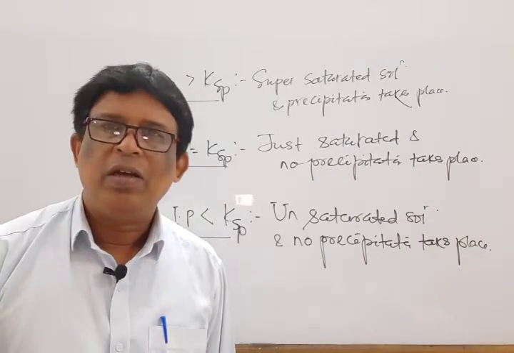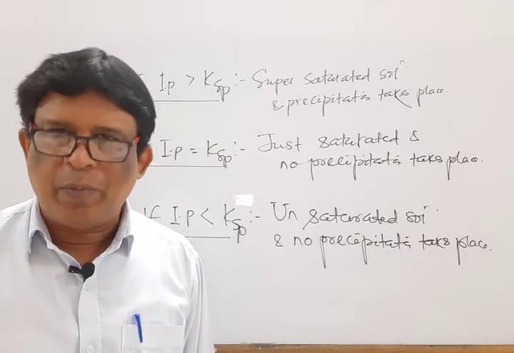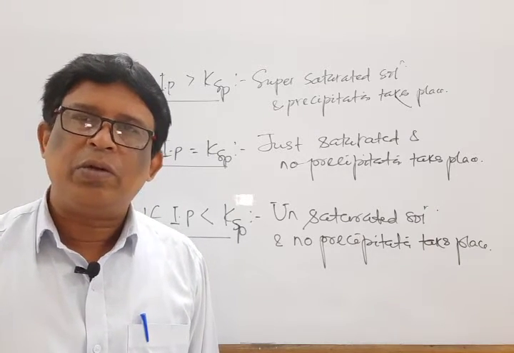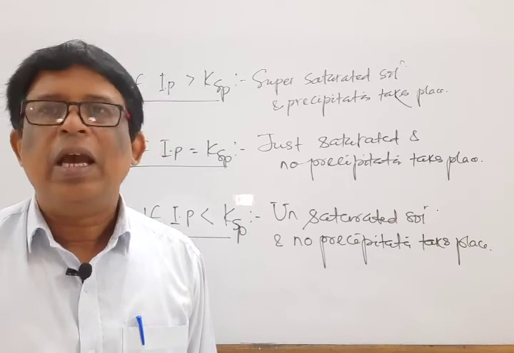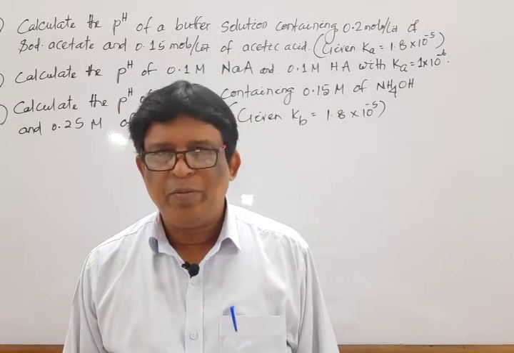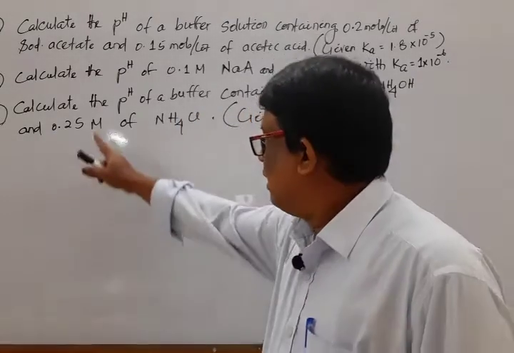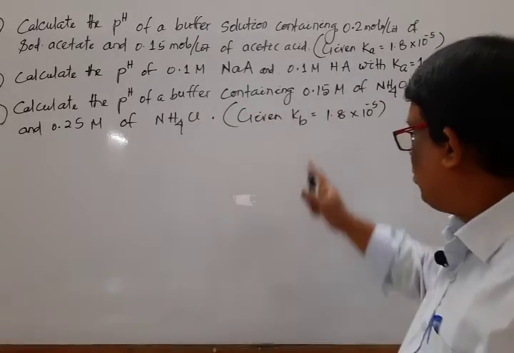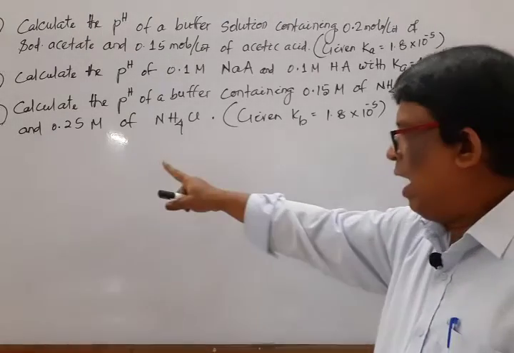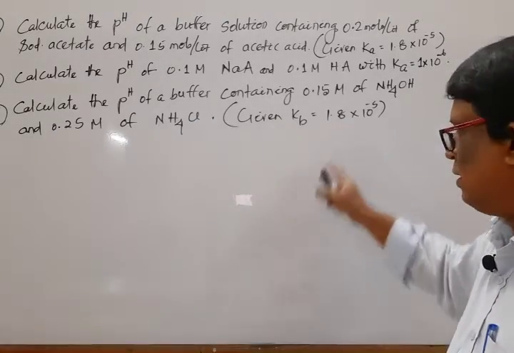Next, in phase 2, we engage in writing some problems relating to the pH of a buffer, the Henderson equation for acidic buffer and basic buffer. Next, we switch over to writing some definitions and formulas one by one. Let us solve some problems relating to the pH of a buffer, that is, the Henderson equation. Mark that. Calculate the pH of a buffer solution containing 0.15 molar ammonium hydroxide and 0.25 M ammonium chloride, given Kb.